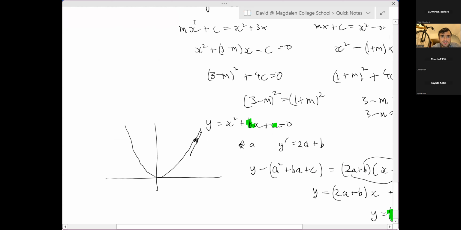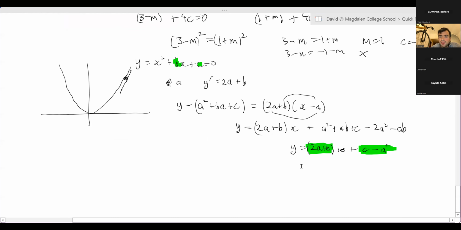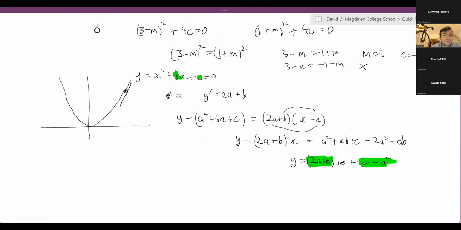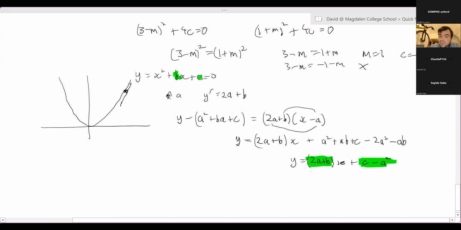Sorry, I've just lost my window. Okay, so what you've got here is that if you take the gradient of your line and subtract b,